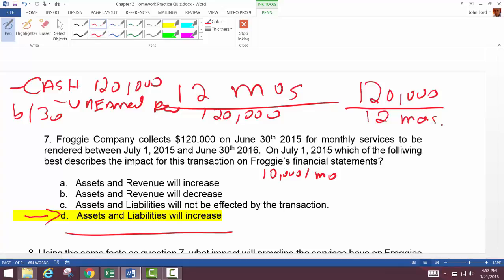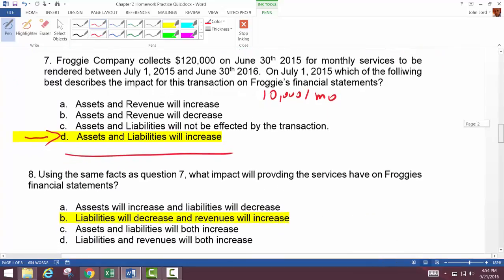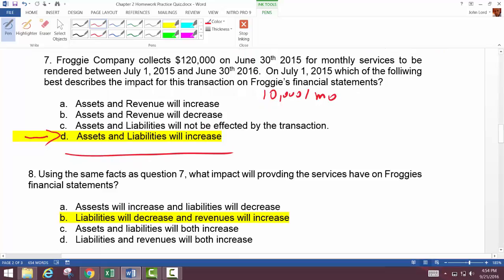Right? Assets increased, unearned revenue increased by this 120,000. Now, I think the next question is, using the same facts, what impact will providing the service have on Froggy's financial statements? So let's say now at July 31st,